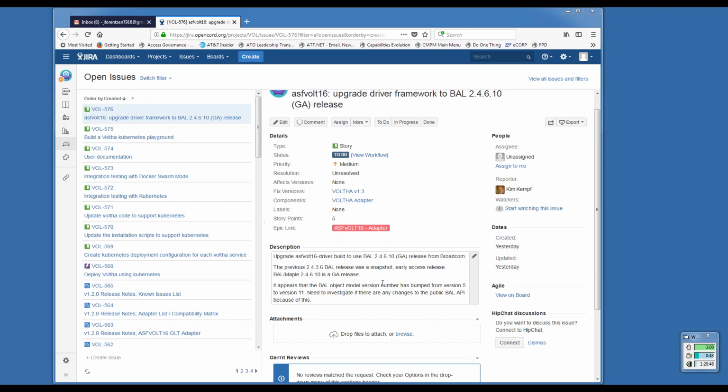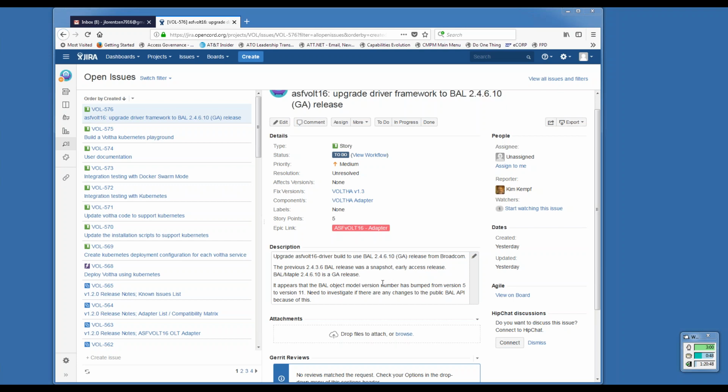Right. Broadcom is doing another snapshot release, 2.4.7, and that addresses the registration ID issue in BAL. That has been released by Broadcom. Now it needs to go through and be integrated and updated into the Edge Core patch, and that will come out relatively shortly. I don't know if it'll make 1.2.0, but we could look at a 1.2.x release to address this point release from Broadcom, and then also get an idea of when this